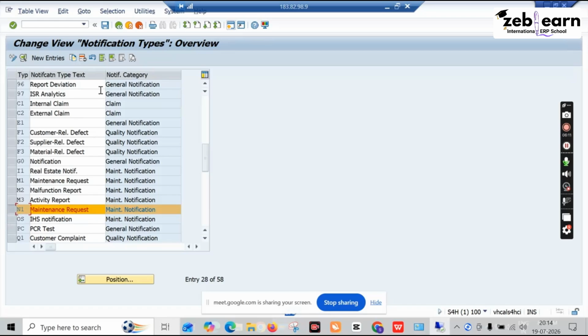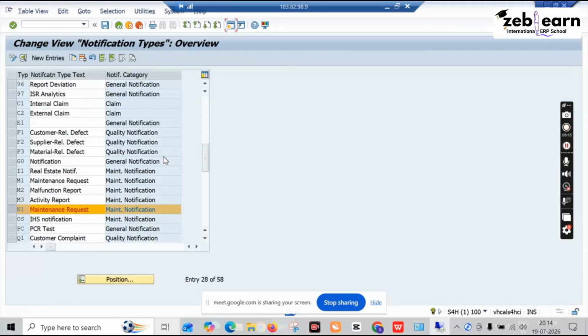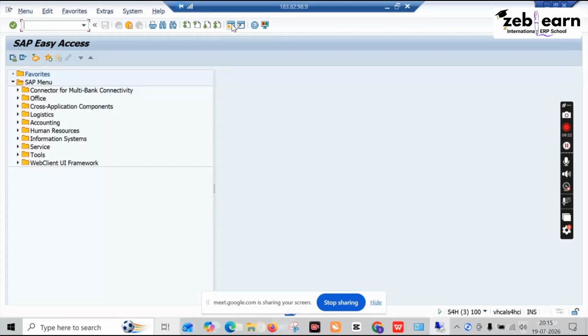So the notification is created, just save it with transport. So we can see that data was saved. Now we can check whether it will reflect in the system or not. So again, IW21,